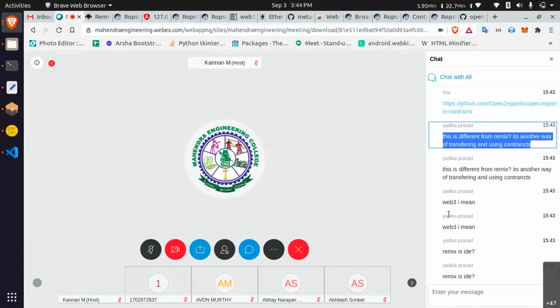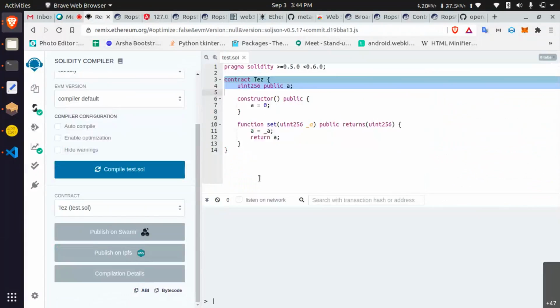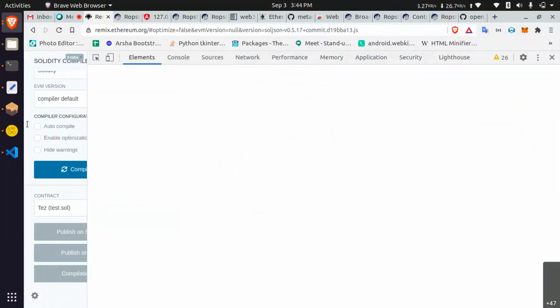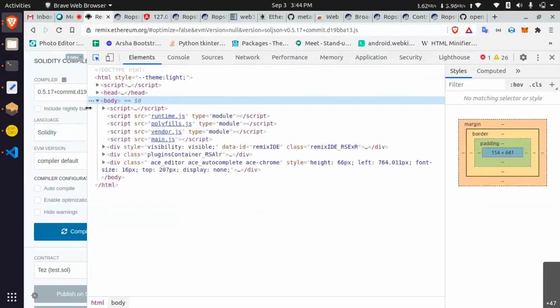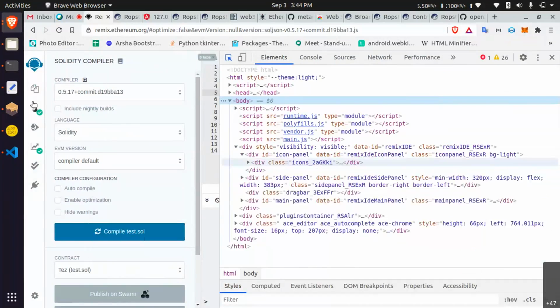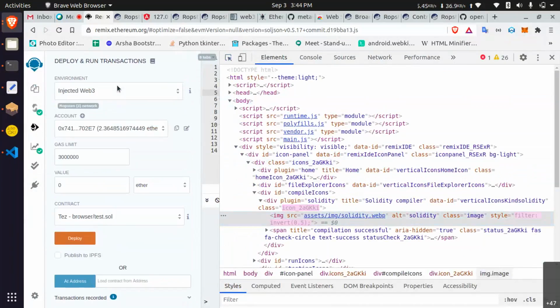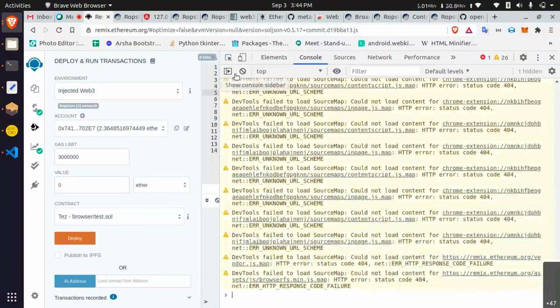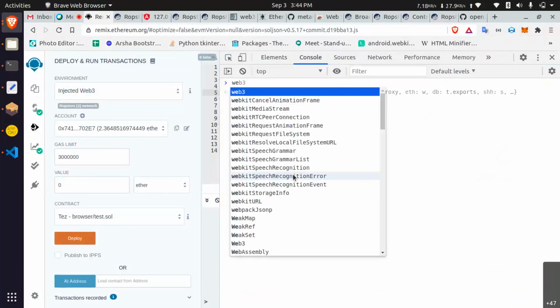Yeah, Remix IDE is a Web3 concept only. They are using Web3 support only. How are they calling MetaMask? While you are selecting the environment, it automatically pops up MetaMask, right? They are calling JavaScript Web3 only. Here also Web3 is there.